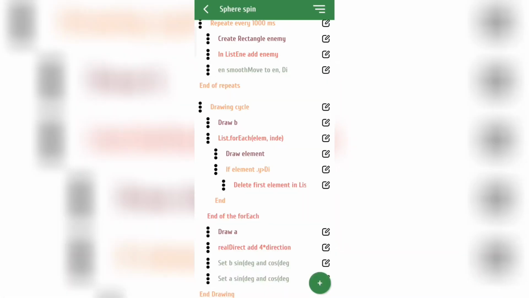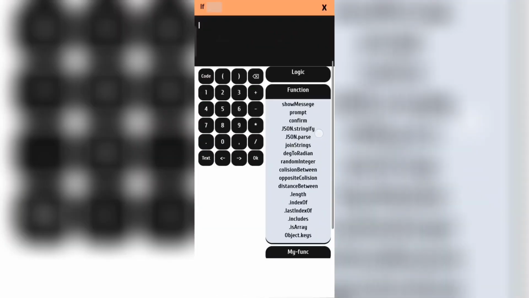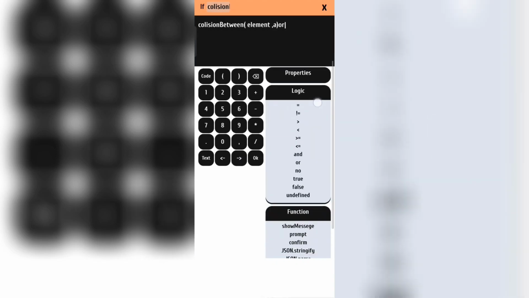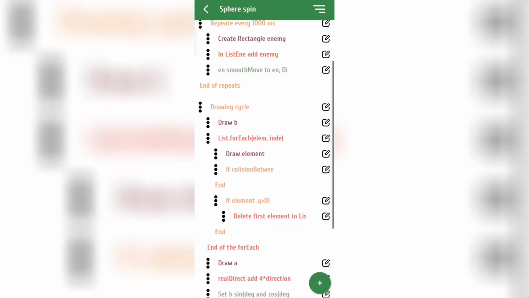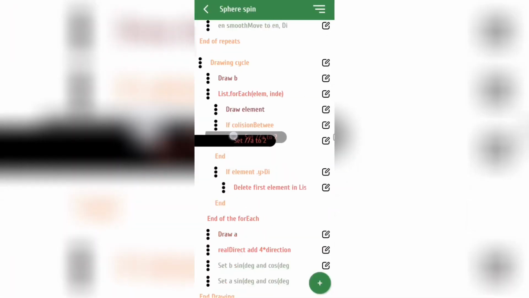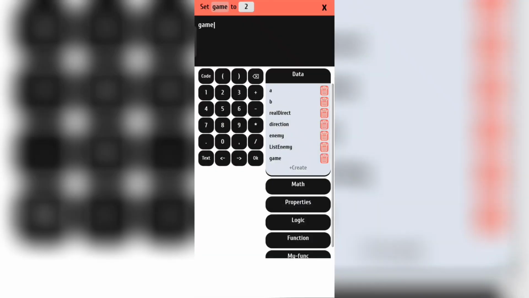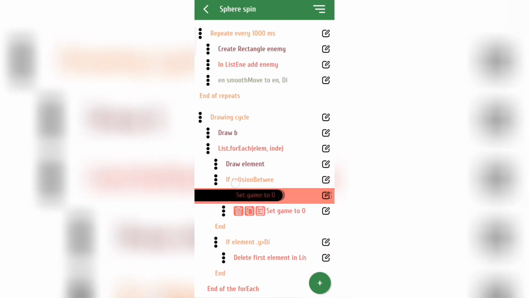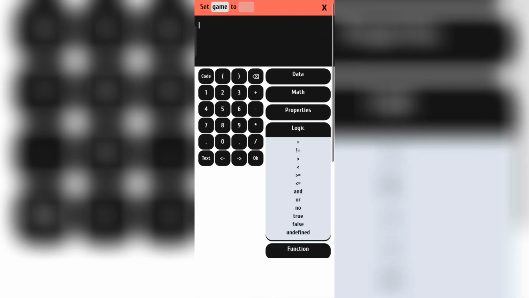Let's add a condition for losing the game. In the drawing cycle, we will check if the element object touches A or if the B object touches the element object. In that case, we will change the value of a new variable, let the name of it be game, to 0. At the start of the game, this variable will have the value of true.